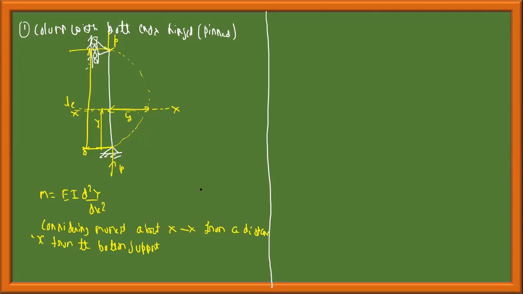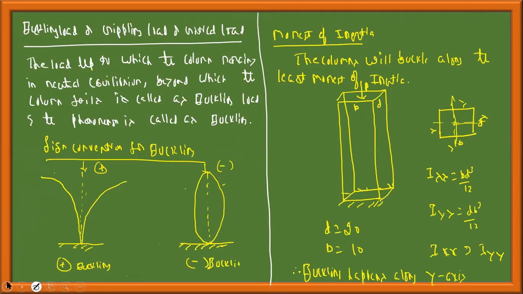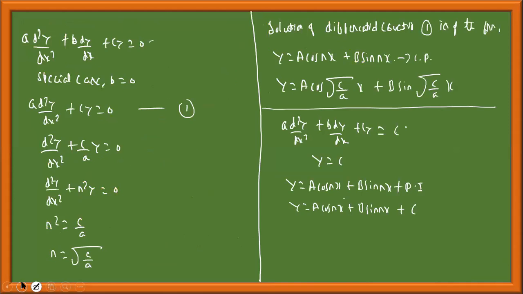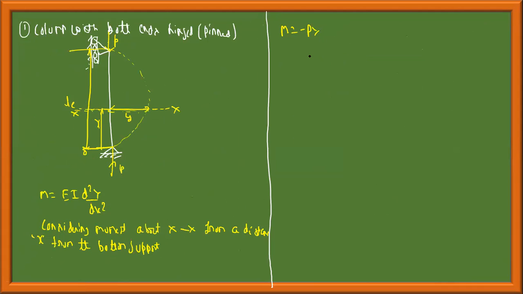Now, if I consider moment, let me write moment is equal to this force into this perpendicular distance. This is where the column has buckled. This is the force into the perpendicular distance. Moment M is equal to minus Py. Why minus Py? P into y is the bending moment. You can see here, if the column buckles in this way, or in this way, this is negative buckling. So moment is equal to minus Py. The negative sign comes into the picture. M is equal to minus Py.